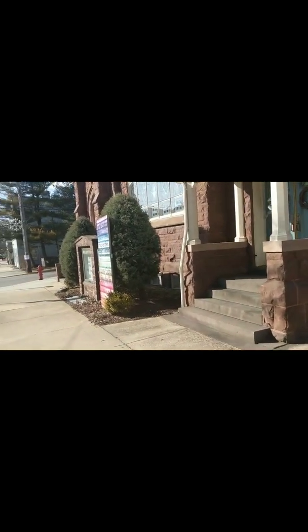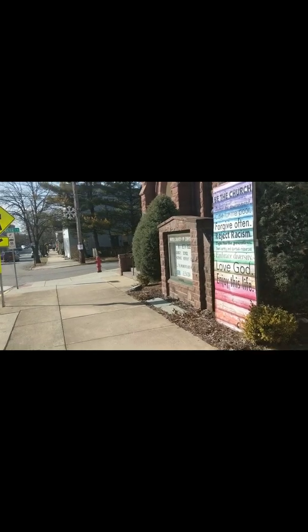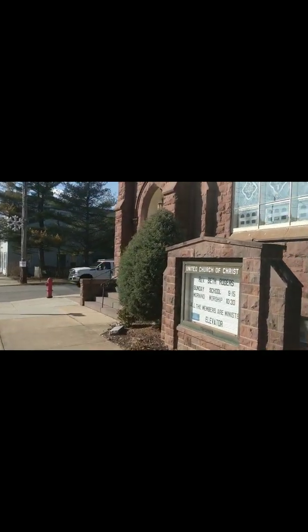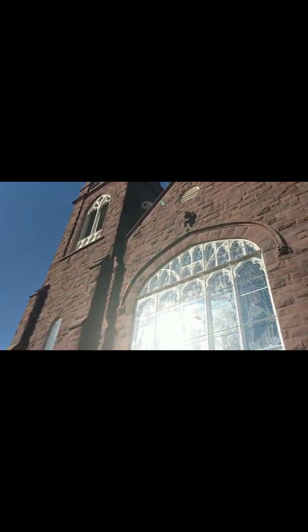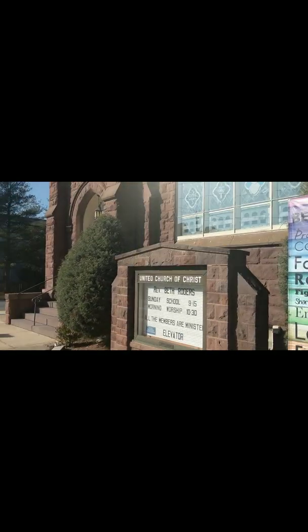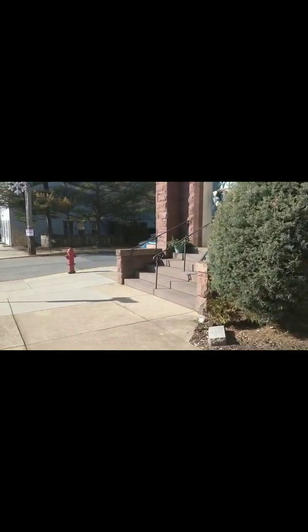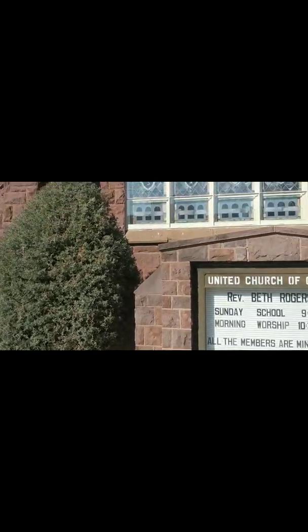We actually had the one church, the Hill Lutheran Church in Cleona, which is the oldest Lutheran church in Lebanon County, and the Reformed church. A lot of times in the older days, Reformed churches and Lutheran churches would share facilities, and the Reformed church built their churches like this, brownstone or red stone. It's just a really, really pretty